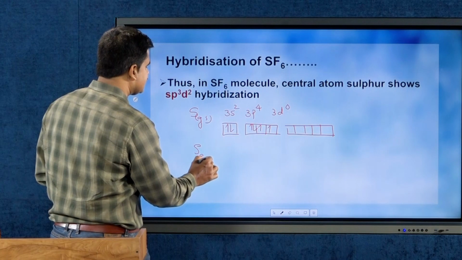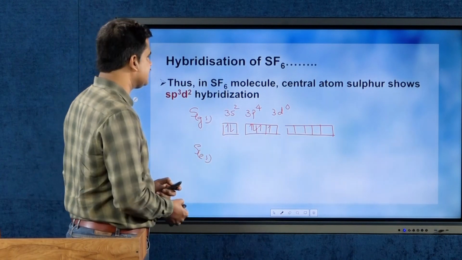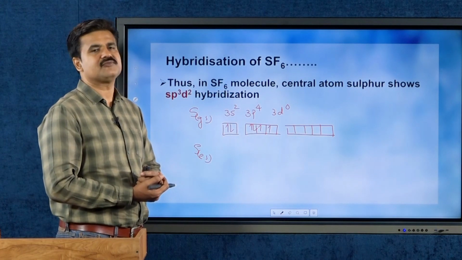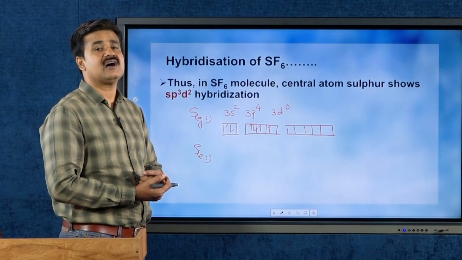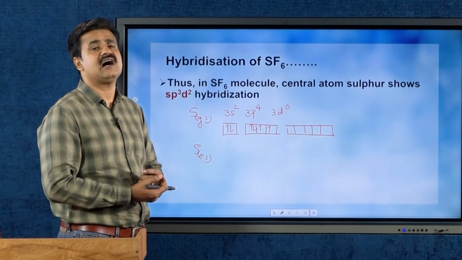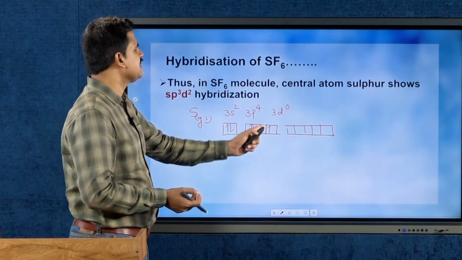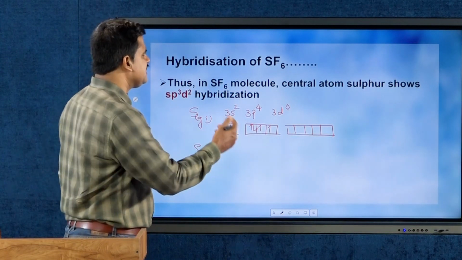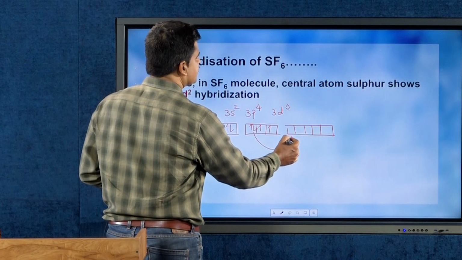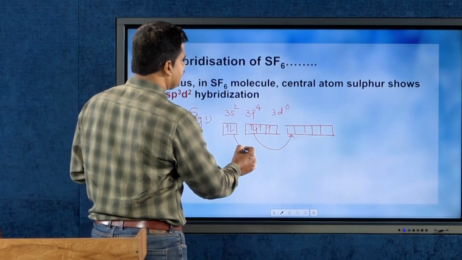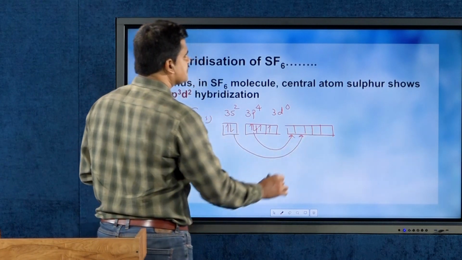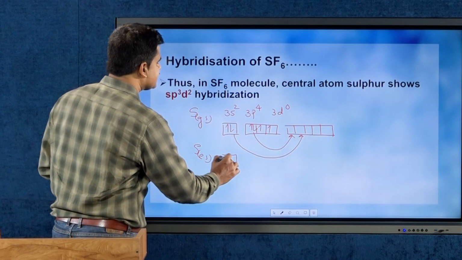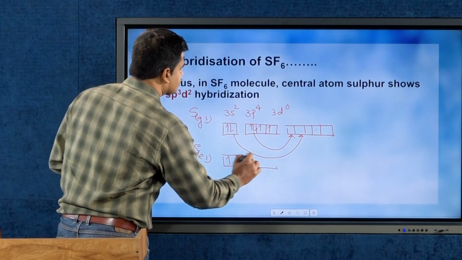Sulphur in the excited state shows some electronic excitations to meet the generation of oxidation state +6. In order to form S of 6, the central atom sulphur needs 6 half-filled atomic orbitals. But in the ground state, you can see there are only 2 half-filled orbitals. So, these paired electrons are excited to the 3d, and this paired electron from the 3s is also excited to 3d, and as a result the electronic structure in the excited state can be represented like this: 3s1,